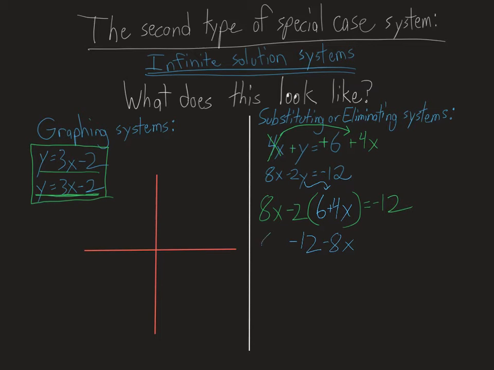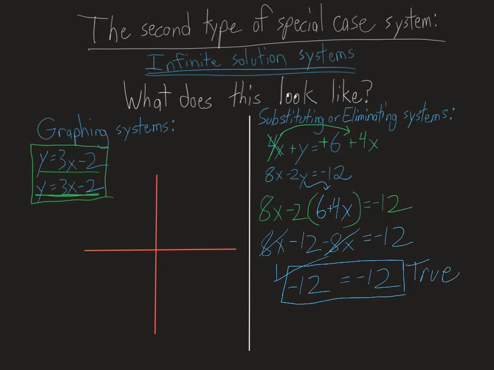And I bet you already see what's going to happen. Right here, when I combine my like terms, 8x and negative 8x, they just combine together, good guys, bad guys. But there's nothing left once they do. All I'm left with is that negative 12 on the left, that negative 12 on the right, and there's our other special case, which you've already seen before. It's a true equation, therefore,